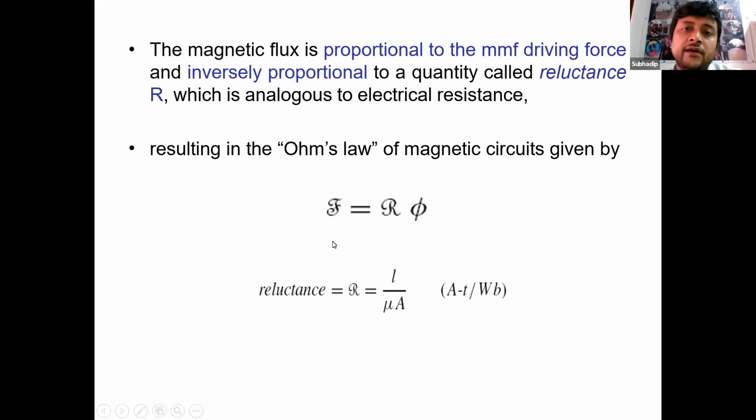If we consider the resistance of an electrical circuit, we know the resistance R equals rho into L by A, where rho is the resistivity, L is the length of the conductor, and capital A is the cross section. So this is the resistance for an electrical circuit. And